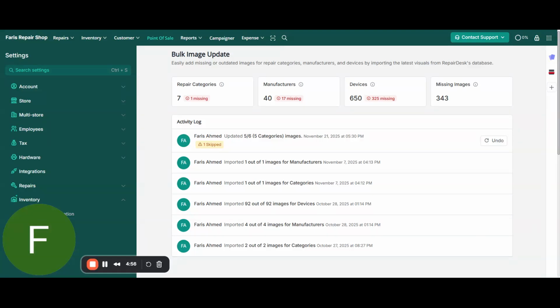Hey everyone. In this quick video, I'm going to walk you through our new bulk image update tool. It's a simple way to fix missing images for your repair categories, manufacturers, or devices in just a few clicks. This feature is going to save you tons of time and it keeps your POS and widgets looking clean and